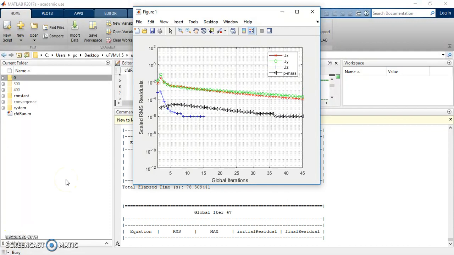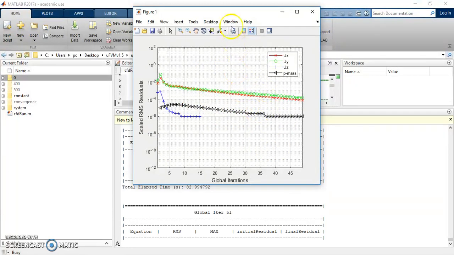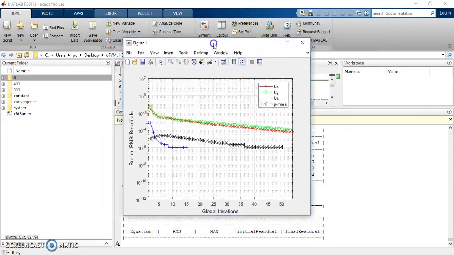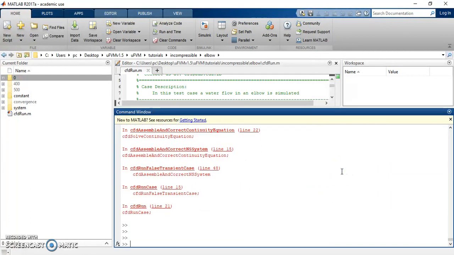So it's progressing the solution of the problem. I think I'll stop right here because I think the solution is almost ready. So I'll stop, I'll press Ctrl C, and now in order to visualize the results, you can